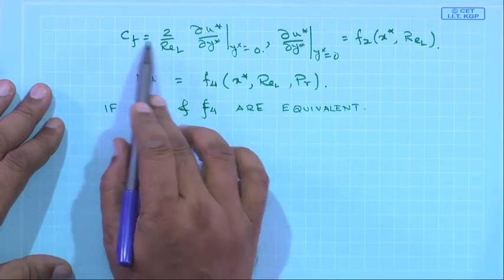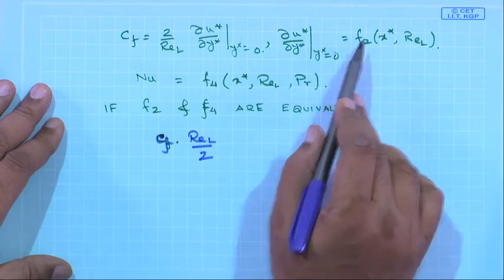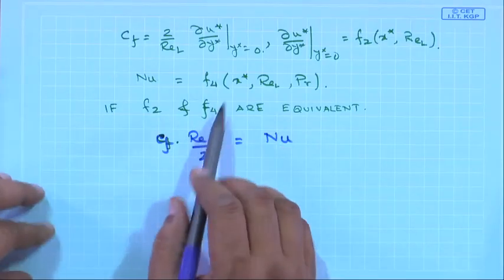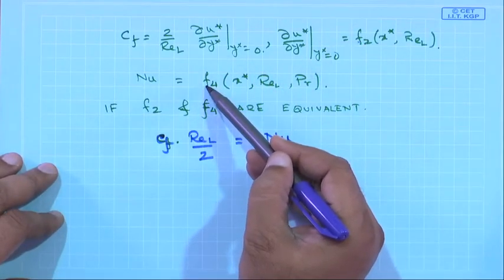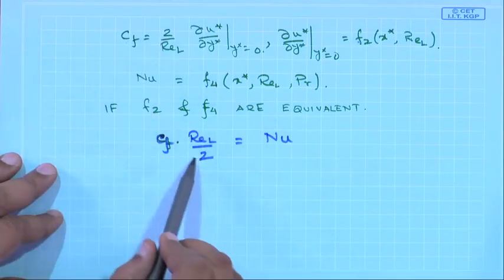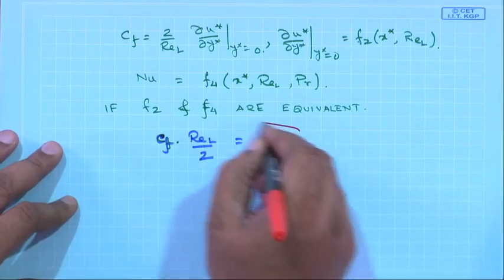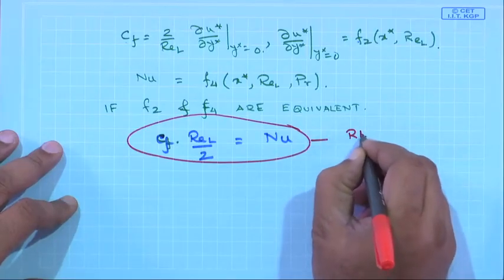So, Cf times Re_L by 2 is this, which is f2, must be equal to Nusselt number. So, if f2 and f4 are equivalent, then Cf times Re_L by 2 must be equal to Nusselt number. So, this is known as